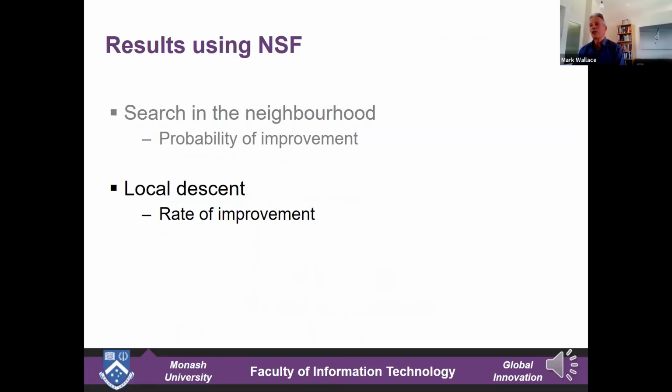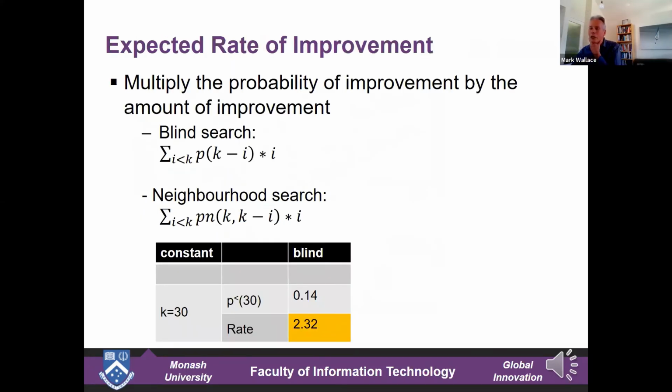Okay, that's looking at just the probability of improvement. I want now to look at local descent. I should go a bit quickly. To see what we're interested in is the expected rate of improvement when we're using neighbourhood search as opposed to